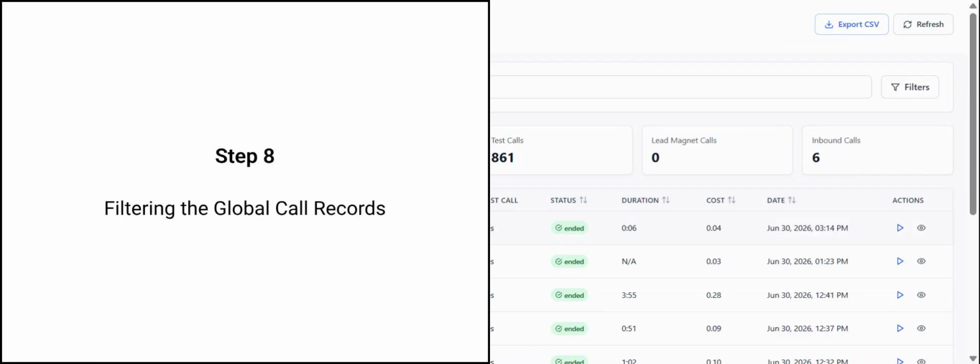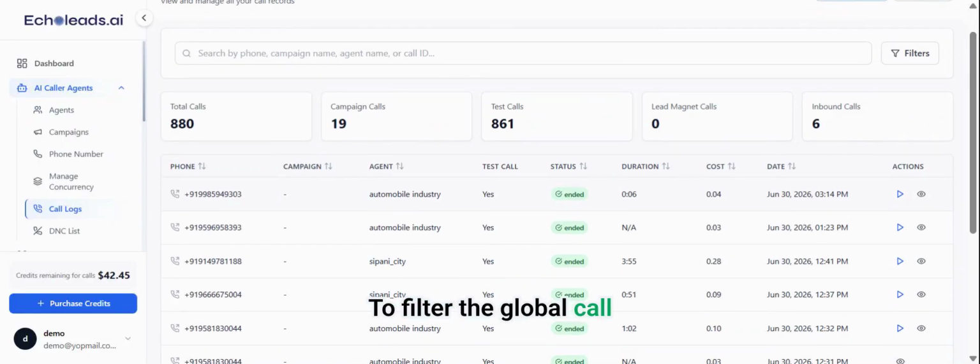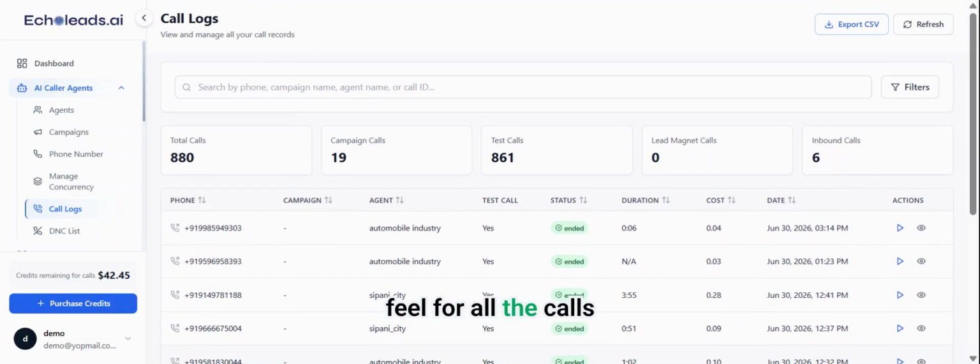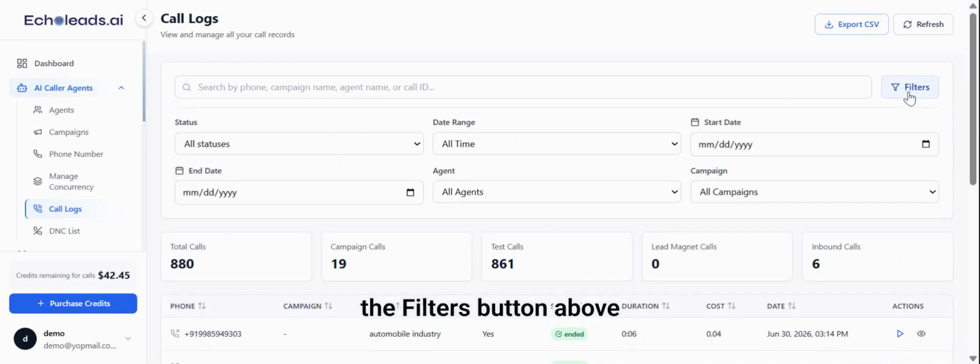Let's go to the next step, which is filtering the global call records to quickly narrow down the calls you want to review. To filter the global call records, take a moment to scroll through the table and get a feel for all the calls logged across every agent and campaign. Hit the filters button above the table to bring up the filtering options. You'll see a handy set of filters here.